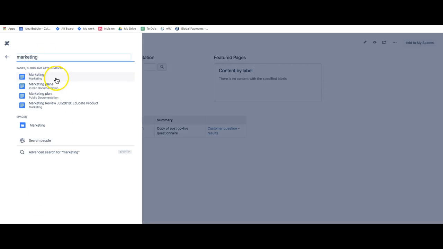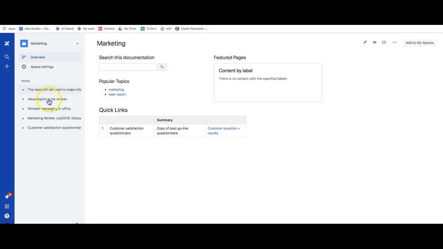So you're just playing with it mostly. But it's not in public documentation. It's in the space marketing. You can just see it underneath. And then off of this, you're just going to create pages off of it. There's loads of really cool stuff you can do with Wiki and Confluence, but just get